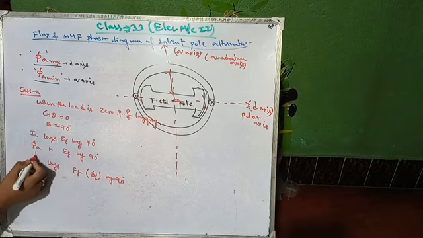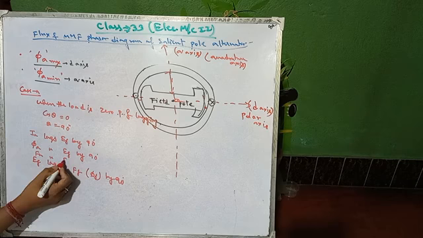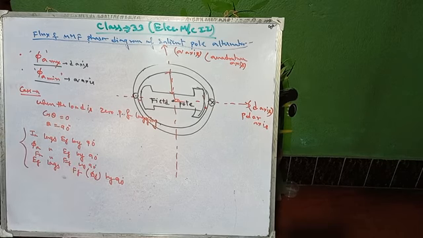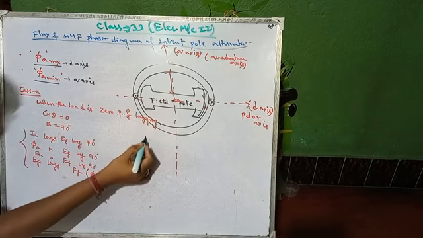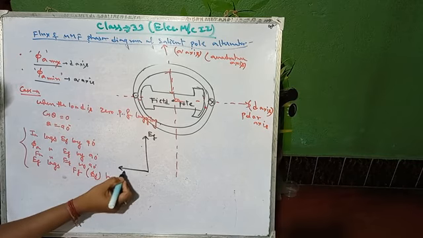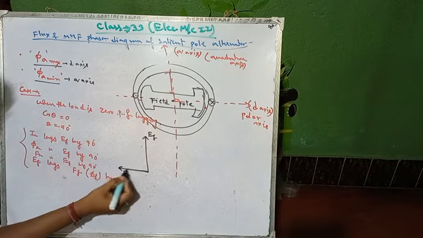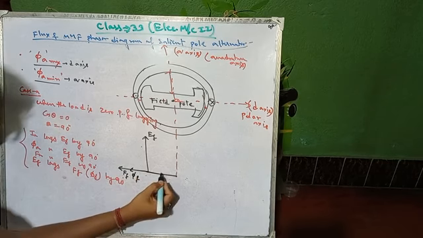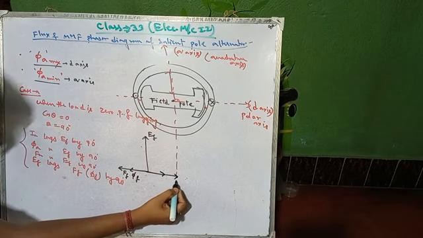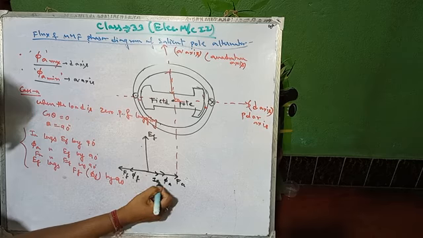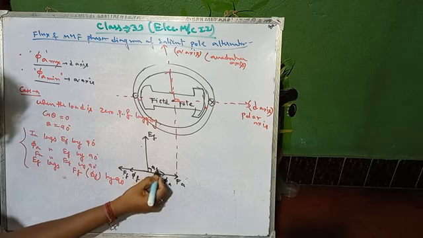This, and similarly FA lags EF by an angle of 90 degrees. So on these four concepts we can draw the phasor diagram. For this first case, EF is taken as the reference, and FF and phi F are in the D axis. That means, suppose these are FA, phi A and IA. These are 90 degrees lagging.